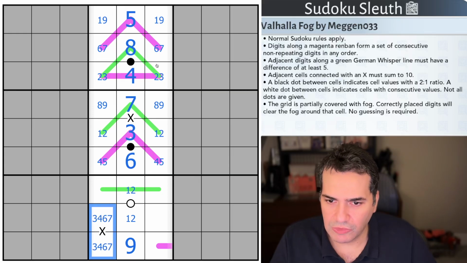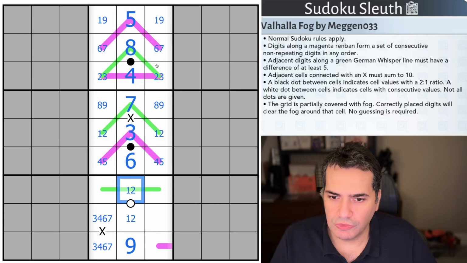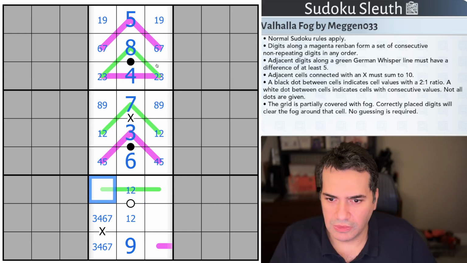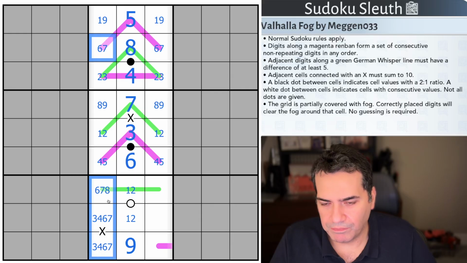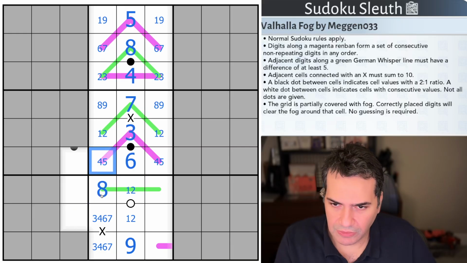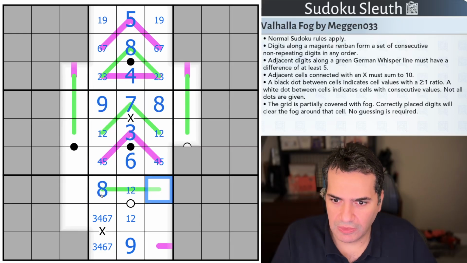I don't normally pencil mark this. This 1, 2 would need a high digit in here that is not 9. It's 6, 7, 8. Which gives me a 6, 7, 8 triple. Kind of hard to see, but essentially there's definitely a 6, 7 in here. There's definitely a 6, 7 in there. Therefore, this has to be 8. This has to be 9. This is 8. And that 9 gave me...